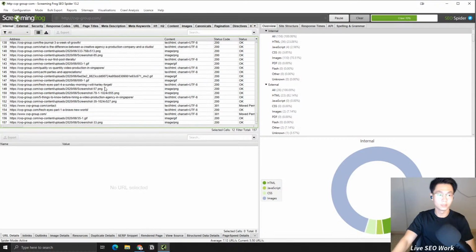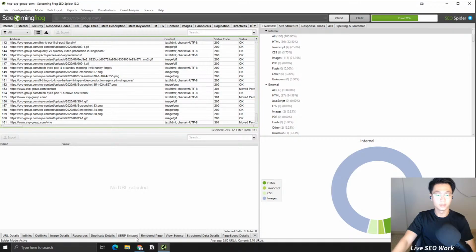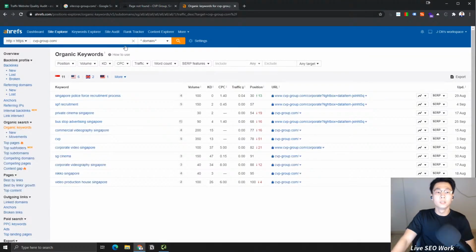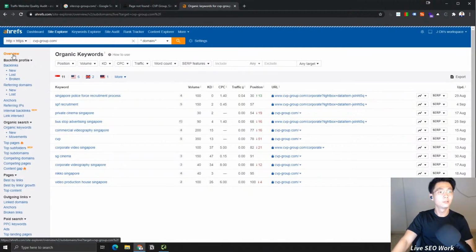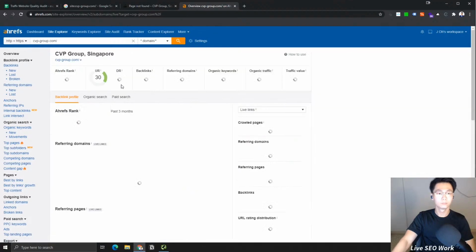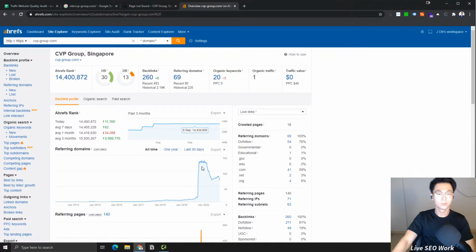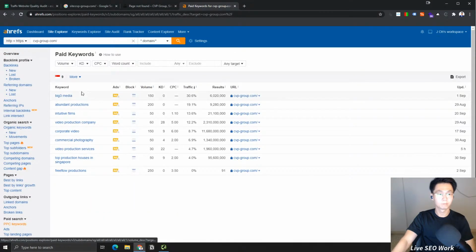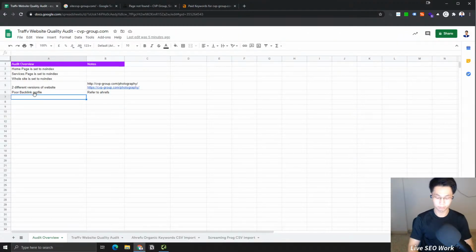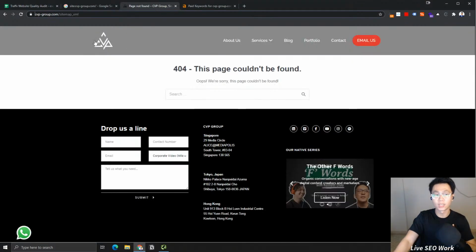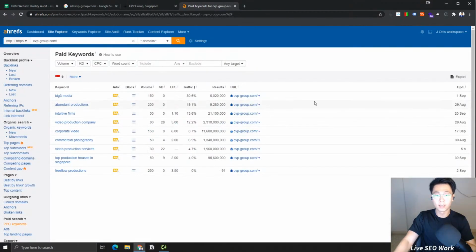Okay, while all this is crawling, I am going to look at their, let me see whether they are running any sort of PPC campaign. Oh, okay, so they are running pay-per-click ads. And with companies running pay-per-click ads, I want to give them advice on how to better optimize their pay-per-click ads,